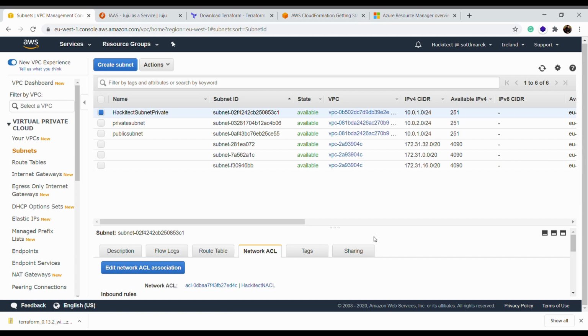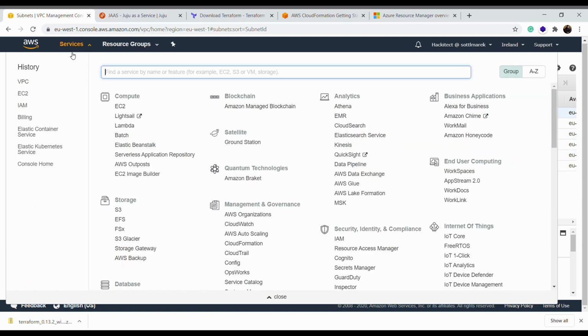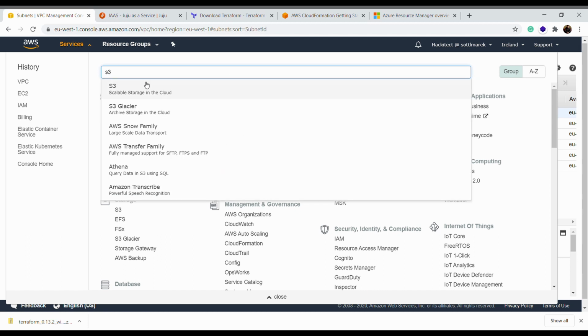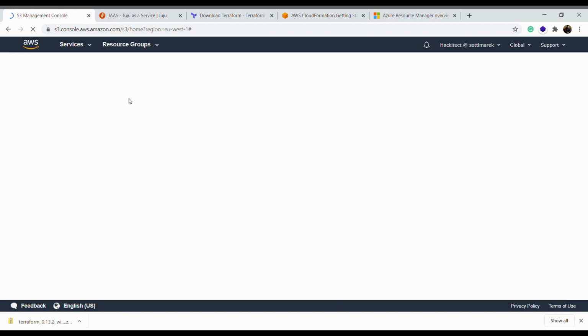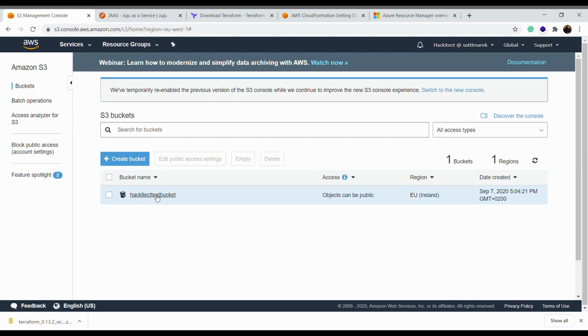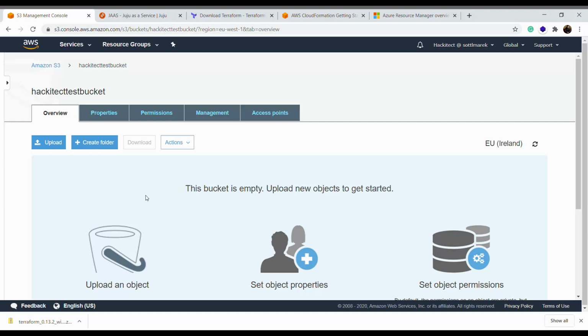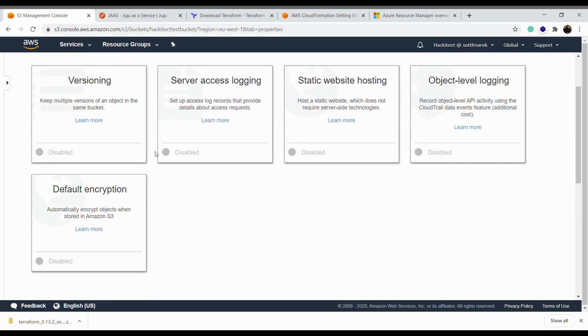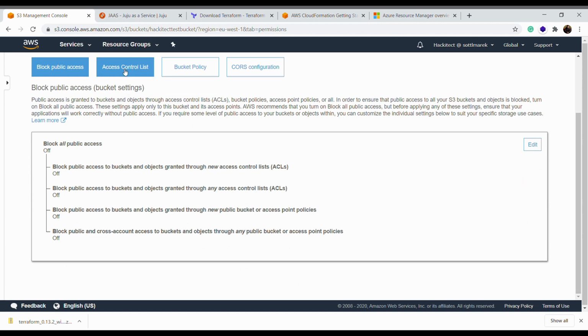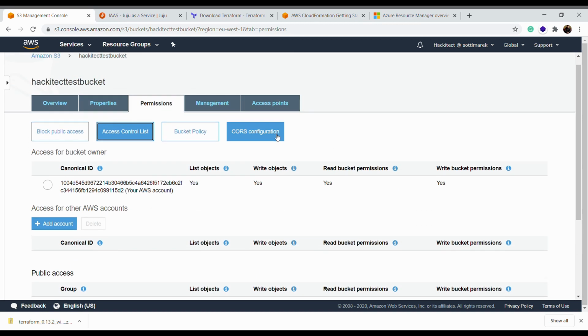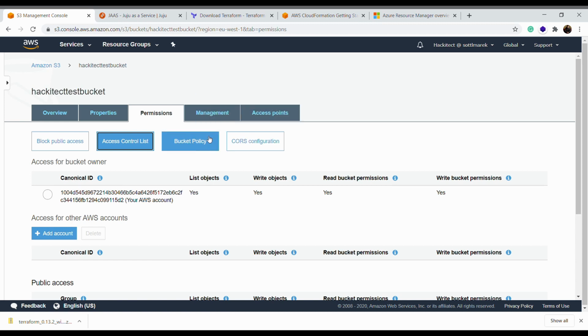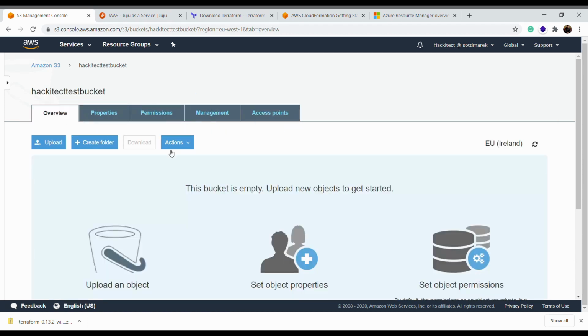Let's destroy the resources and check if the resources are destroyed with Terraform, because it keeps the state of our infrastructure. I should also have the S3 bucket created. Let's go to services and look for S3. The S3 service will let me know about my buckets created. And here is the Architect test bucket. If I click on that, it's empty. I didn't set up any special permissions or access control. The list should tell me that it's basically private. I didn't configure any cross-origin resource sharing or anything like that. So it's a simple test bucket and it's there.